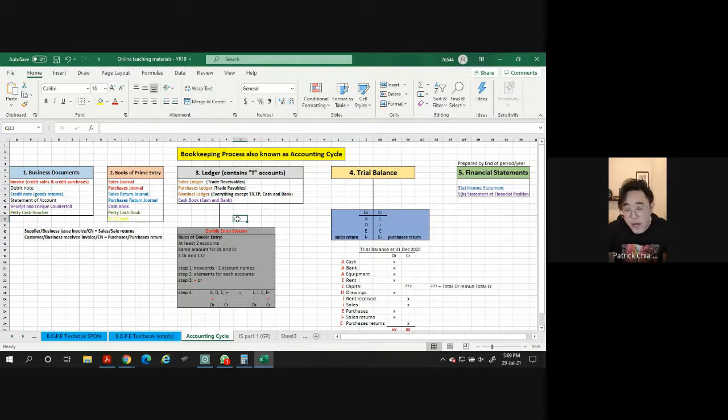Okay, so once all the T account counting is done, they balance the T account, right? The T account needs to balance or needs to be transferred to the income statement and all. That is where they can do the reporting part. So today we'll be covering 1, 2, 3.